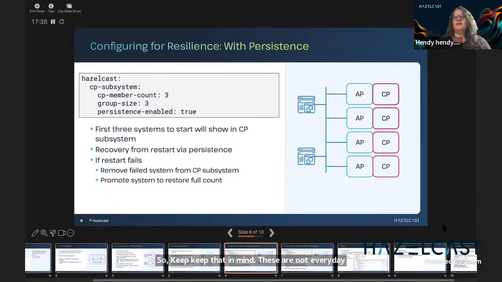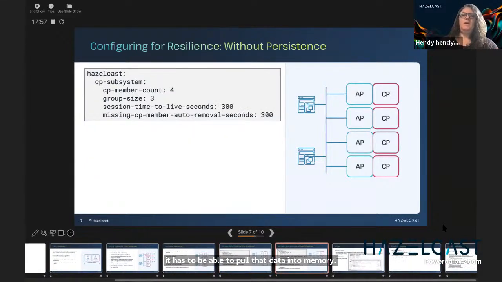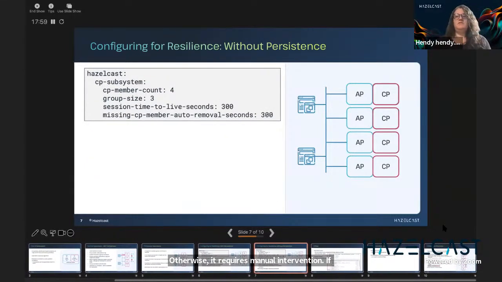So again, the key is, do I have the data in memory? If I set up my CP subsystem with 3 members, the 3 will join the group. If a group member then fails, it has to be able to pull that data into memory. Otherwise, it requires manual intervention. If I don't configure persistence for whatever reason, I don't have a disk available, I don't have disk space, whatever it is,